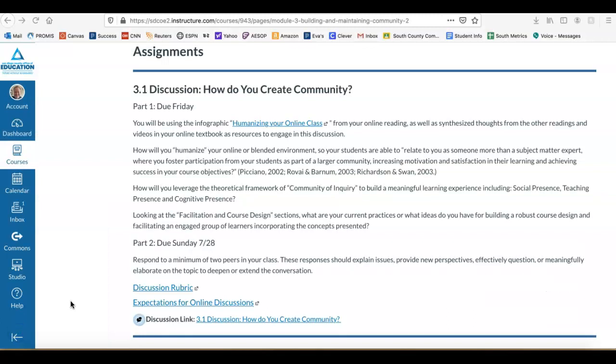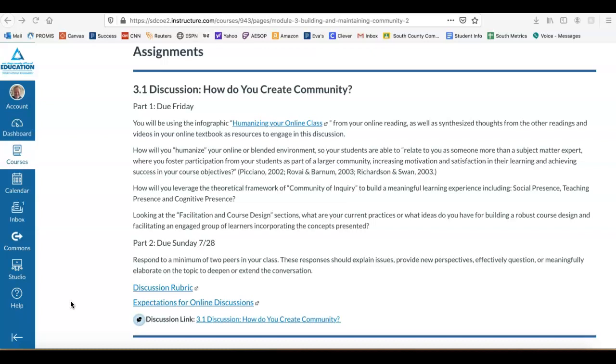Let's look at the Module 3 assignments. Your first assignment is to create a discussion post and then respond to at least 2 of your peers. In this post, you will construct a discussion prompt that demonstrates your thinking around how to create a community of learners online who can support and learn from one another, resulting in a more collaborative and deeper learning experience. We are interested in knowing what you've learned about creating a sense of community online to help ensure against the disconnectedness that can lead to frustration and even failure in an online course.